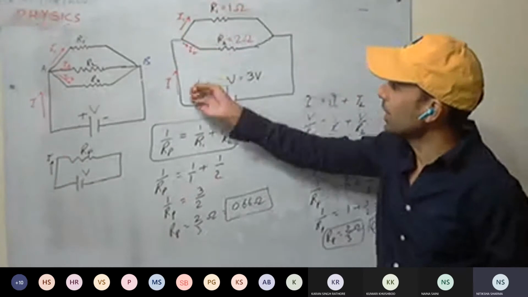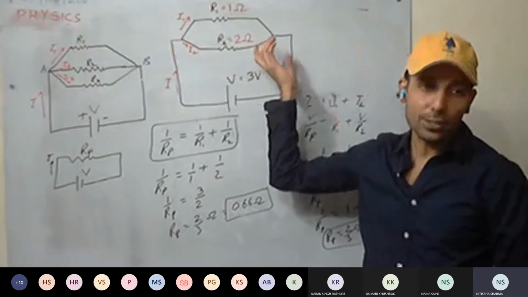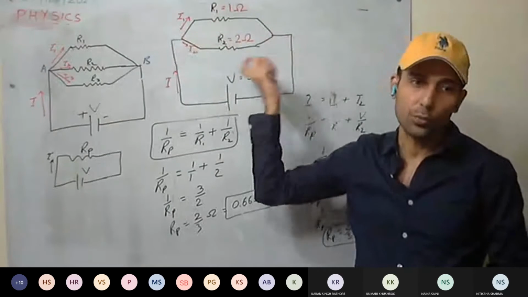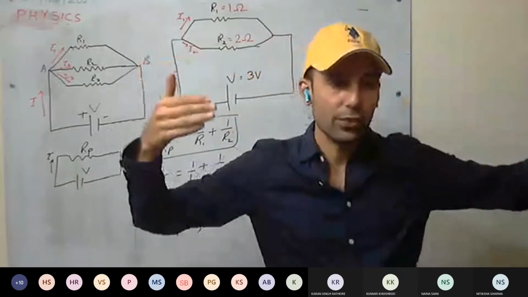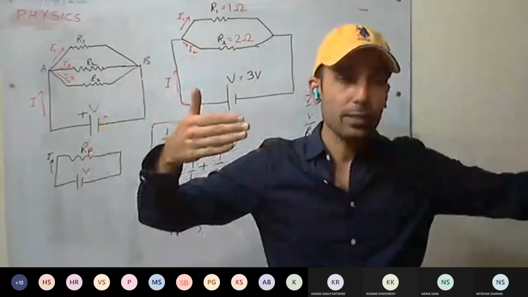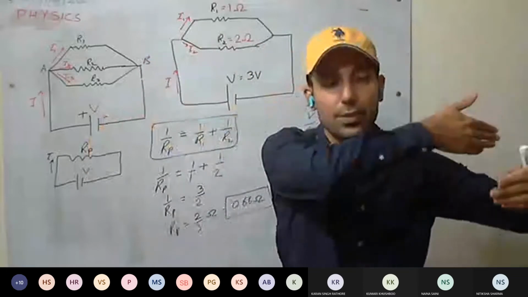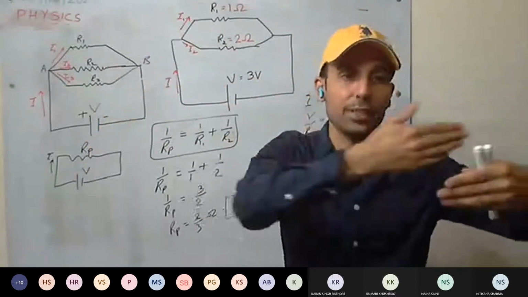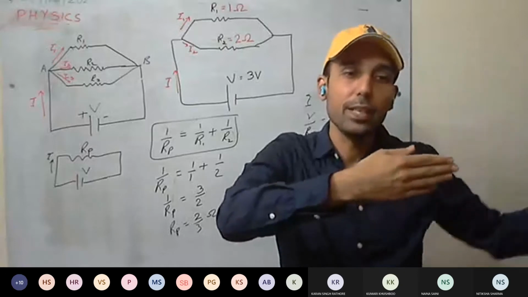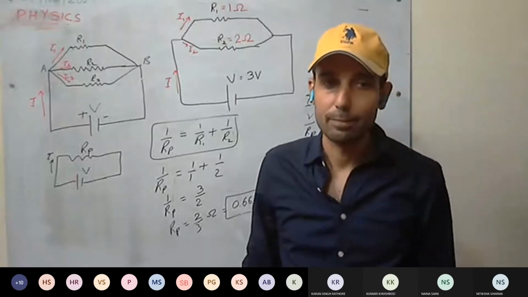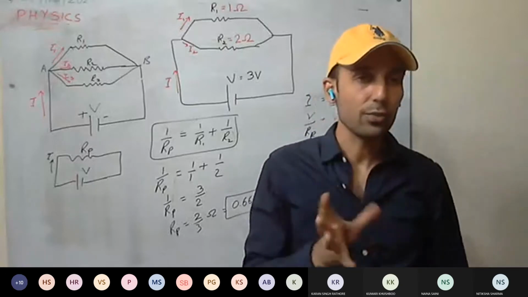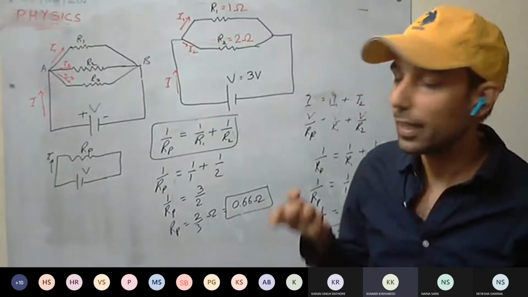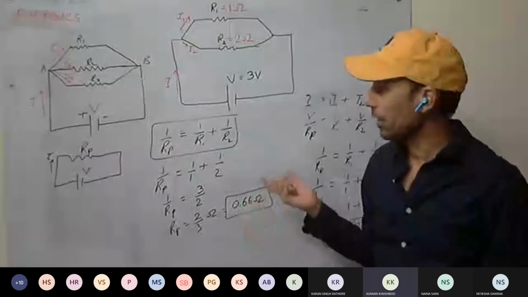If we are connecting in parallel, current is having more paths to flow. But when we are connected in series, what will happen? Current is having a single path and more resistance is there in the path. Therefore, current will get obstructed by every resistor and less current will flow through the circuit. This is clear. So when we have to get more resistance, we connect them in series. When we have to get less resistance, we connect them in parallel.